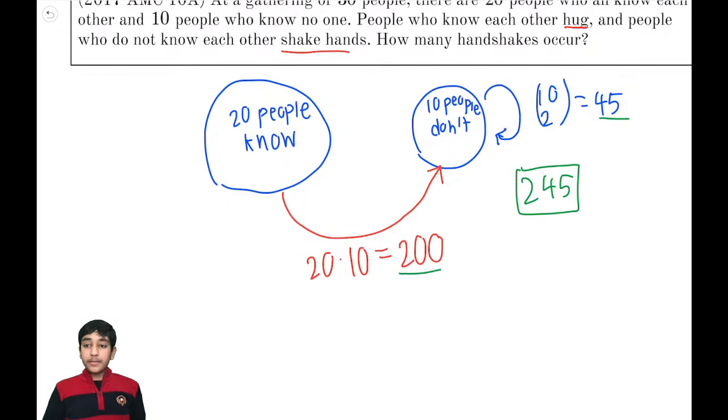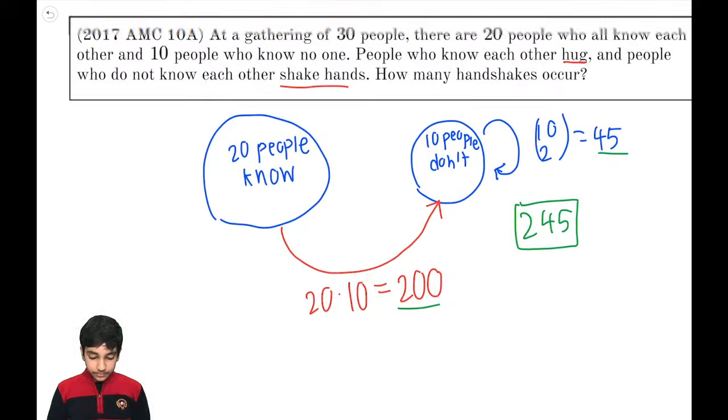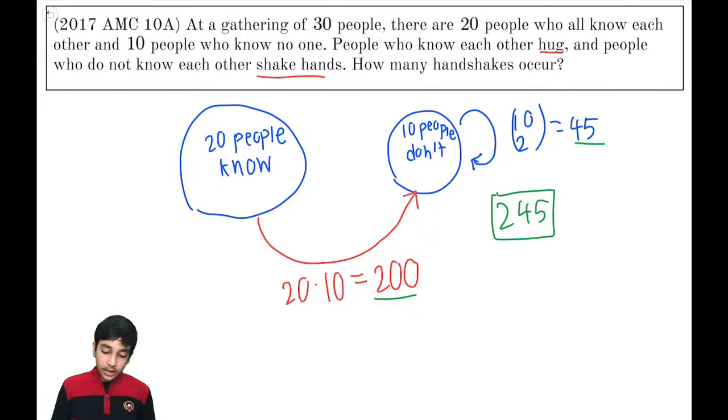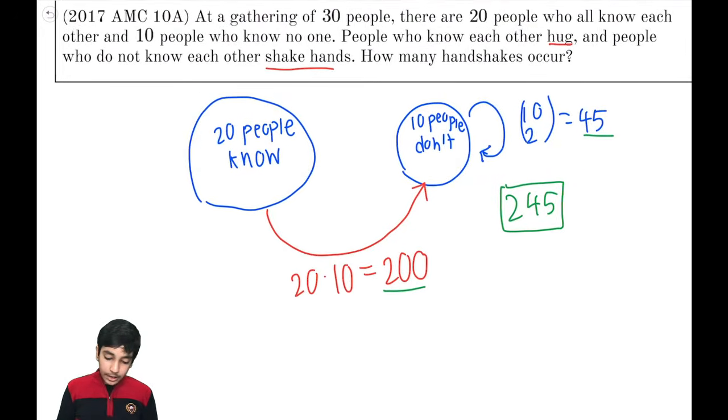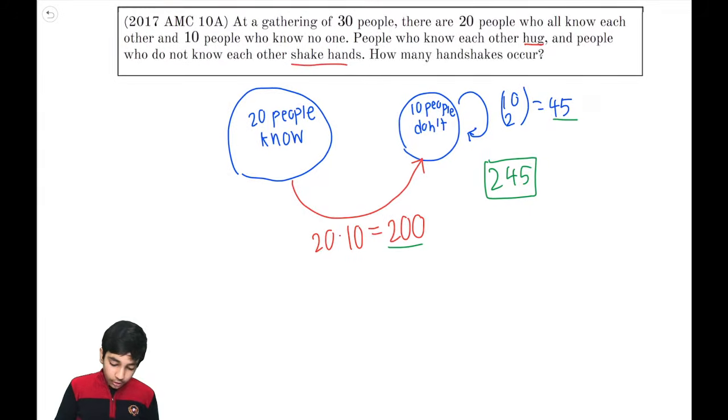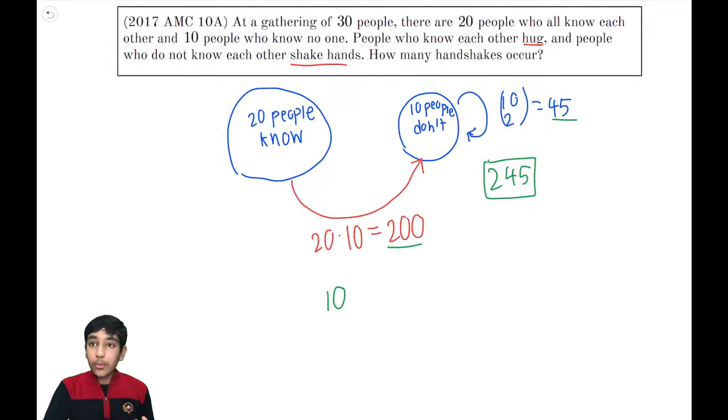And as you can see here, the idea for this problem is that we just look at the choosing. And an alternative way of doing this is that we see that out of the 30 people, for all the 10 people who don't know anybody, they each shake hands with